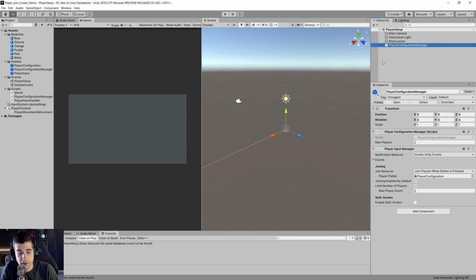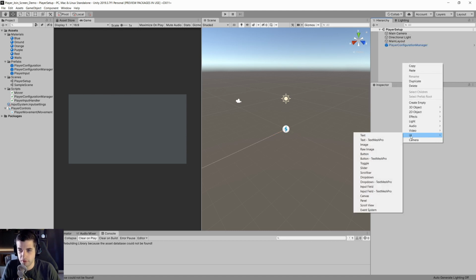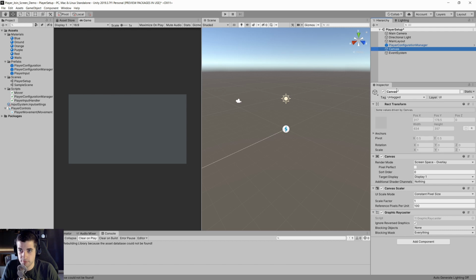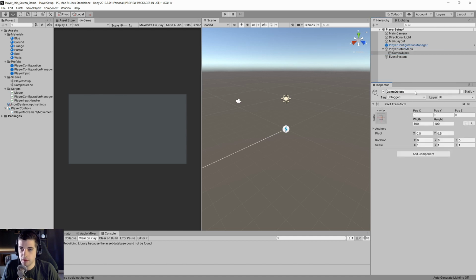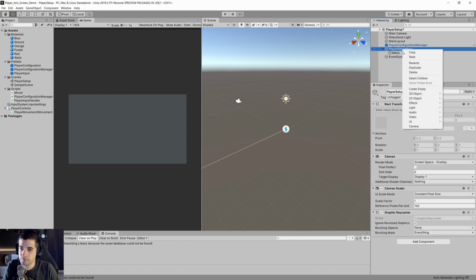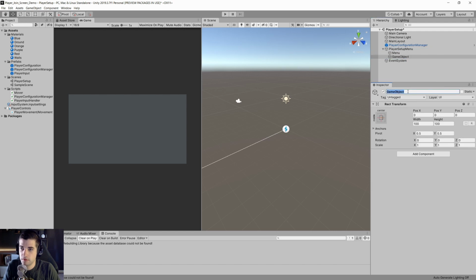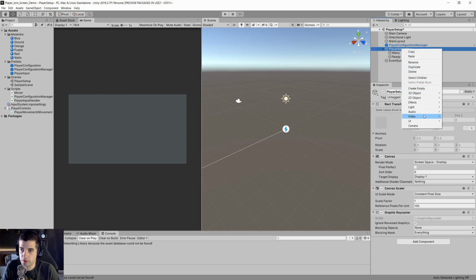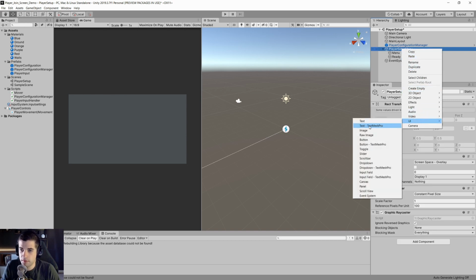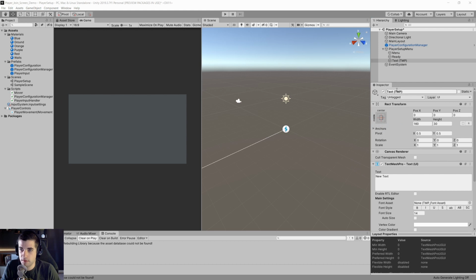Okay, so now we need a menu for when a player joins to be added to this main layout. So now we're going to create a player setup menu. So right click and go to UI, and we will choose Canvas, and we'll call this Player Setup Menu. And then under here, we're going to create a game object, and we'll call this menu. And we'll create another one, and we'll call this ready. Alright, so then we're going to also add under UI, we're going to add TextMeshPro text, and we'll call this,